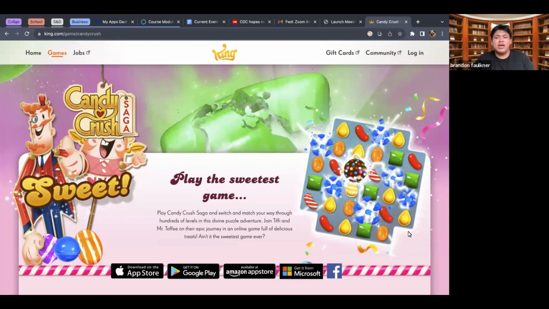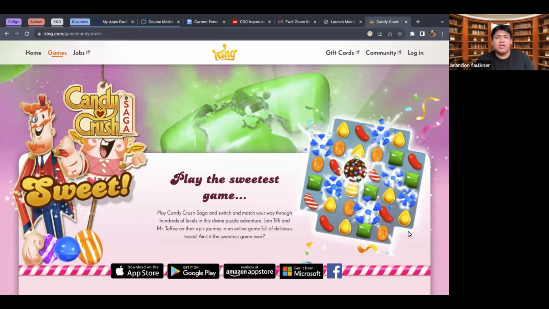Candy Crush is basically a puzzle game where you are trying to figure out how to complete the puzzle using the candy pieces on your board with power-ups that you can create in order to knock out different rows and complete your tasks at hand. With Candy Crush, there are many ways that you can play it, and many ways that you can compete. There are many ways that you can level up, gain rewards, and all of that sort of thing. So I will be going over that today in this presentation.